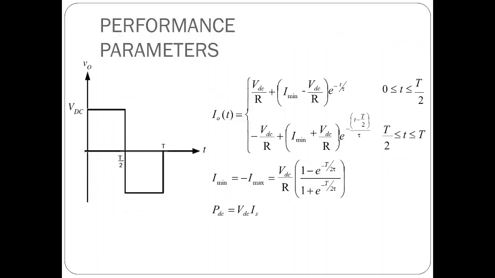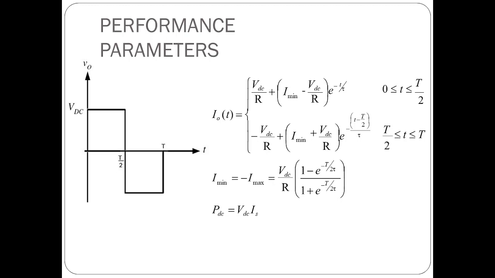Now we will discuss the performance parameters of this square wave inverter. These performance parameters are very helpful for deciding whether an inverter works in different conditions or only at some fixed conditions. So in various conditions we will be applying voltages to the inverters, and with the different voltages we will see the performance parameters of the inverters. Mainly we see the power, voltage and current, and how they vary in these square wave inverters.